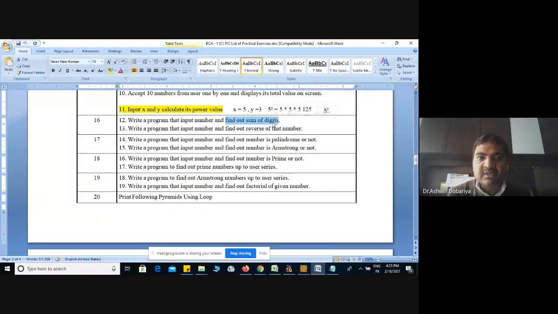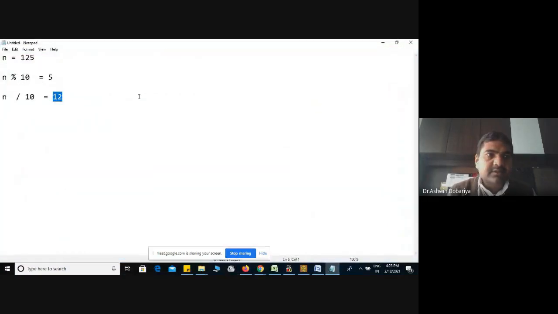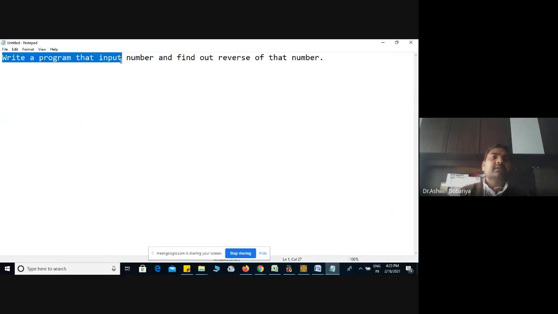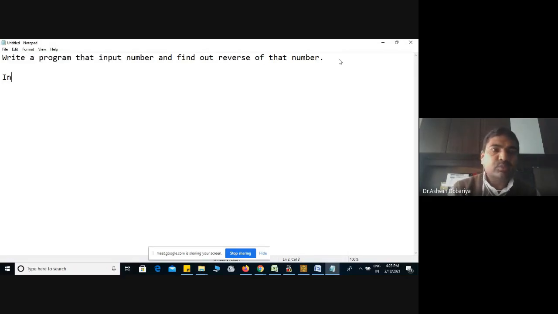Now in this program, write a program that inputs a number and finds its reverse number. We have to provide one number as input. Suppose my input number is 125, then what should be my output? Find the reverse of that number.